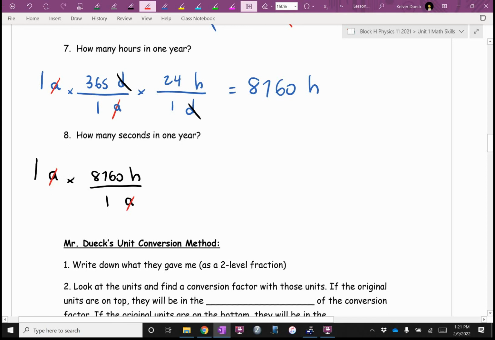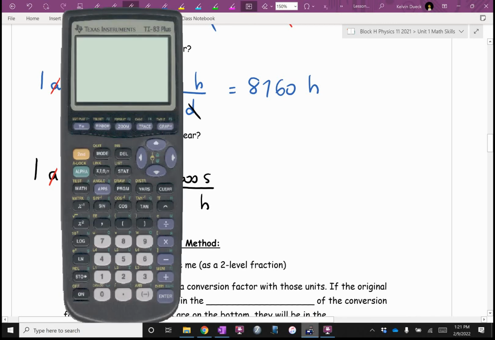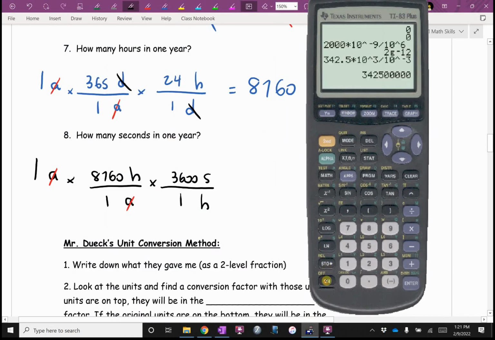How many seconds in 1 hour? Look at that. 2 lines and we're good to go. And I didn't have to memorize a whole bunch. And I don't need to guess, am I multiplying or am I dividing? The numbers tell me everything. It's going to be 8,760